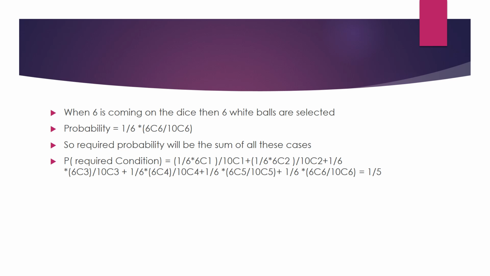P required condition equals 1/6 × 6C1/10C1 plus 1/6 × 6C2/10C2 plus 1/6 × 6C3/10C3 plus 1/6 × 6C4/10C4 plus 1/6 × 6C5/